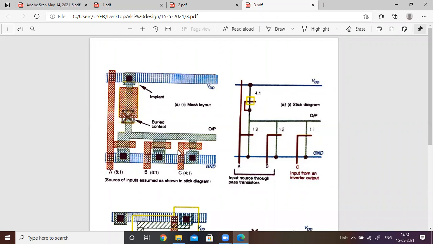3 transistors are connected in parallel. So draw a stick diagram like this: 1, 2, 3 like this. And this is the polysilicon, this is the polysilicon, this is the polysilicon. So wherever polysilicon crosses the diffusion, a transistor is formed. Another transistor